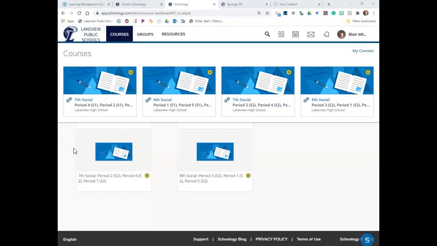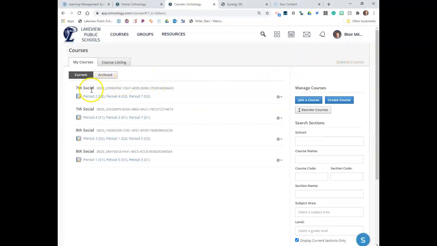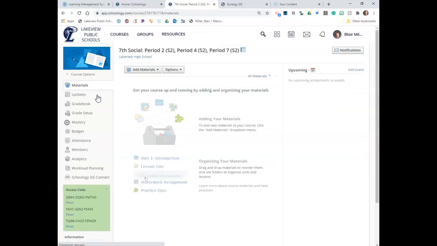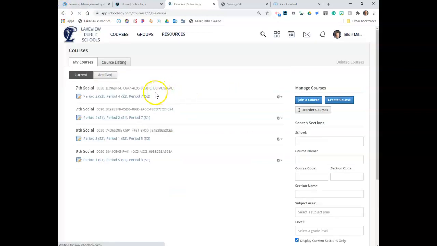So after you've clicked on courses, come over here and click on My Courses. Now I have arranged my courses and I've linked our sections together. Why I think it's beneficial to link sections is, instead of having 3 separate classes for, let's say, 7th grade social, this is really just having one class with 3 different sections in it. And normally it would list period 2, period 4, period 7, 3 in